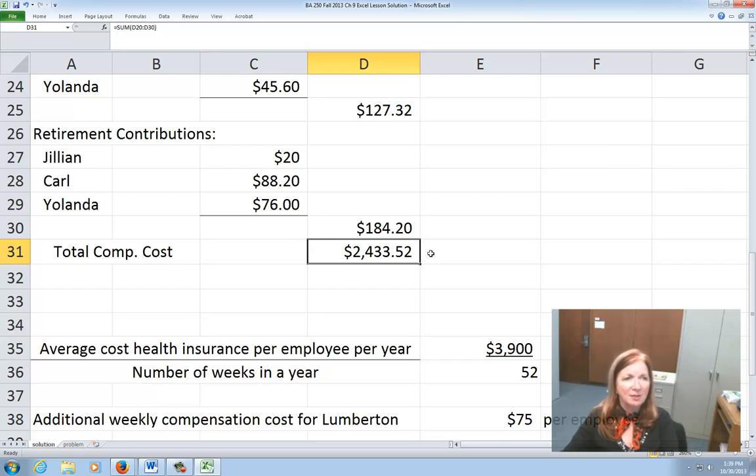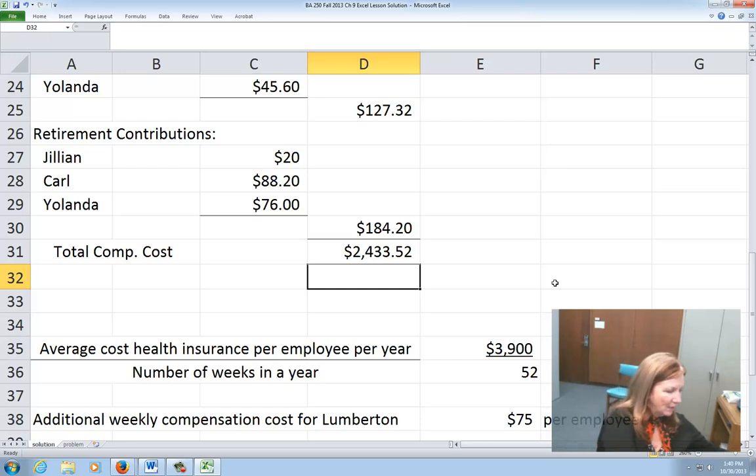So now the total compensation is the sum of these three numbers. And so we see it here as SUM D20 through D30. Sum these columns, this column for me, and then enter. Now the next requirement says